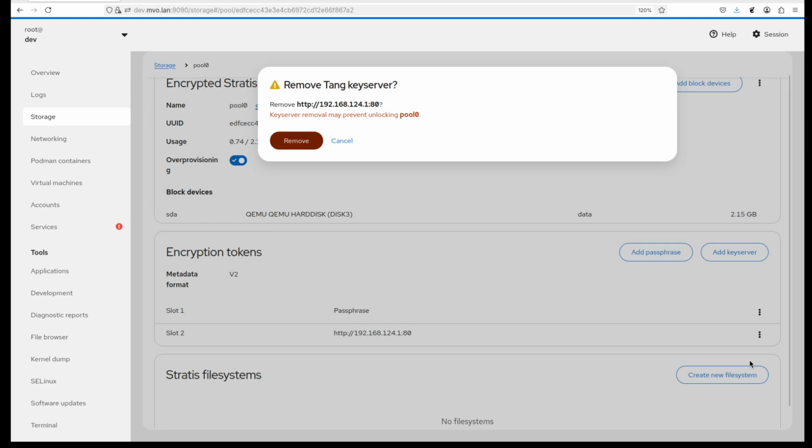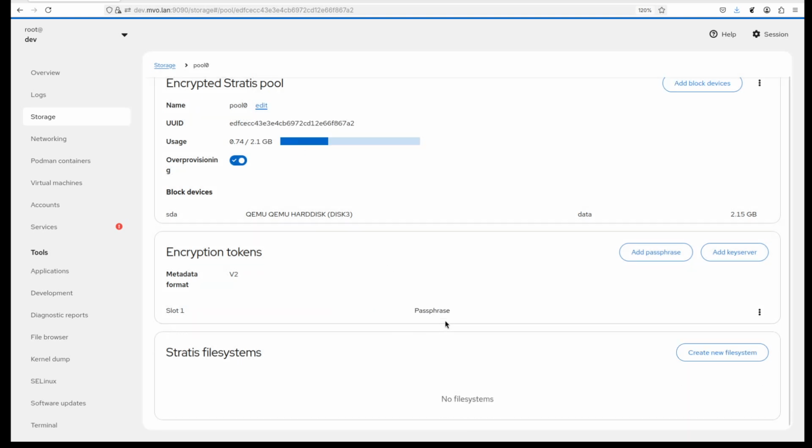Similar situation, of course, when you remove the key server and you only have a passphrase, this also cannot be removed anymore. I think we can make this explanation a bit shorter, actually, huh? Doesn't need to be so long. Okay,